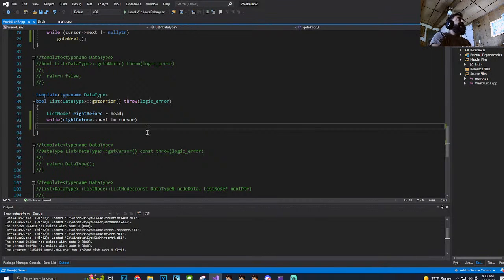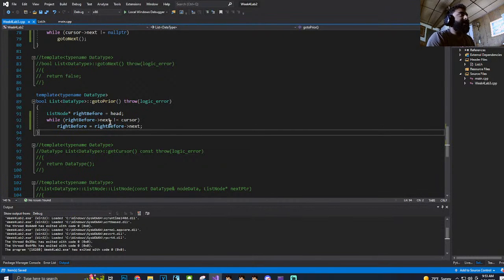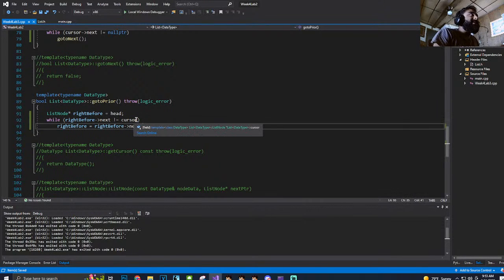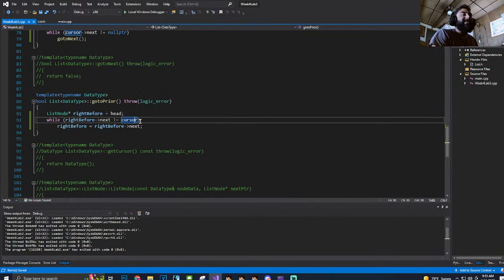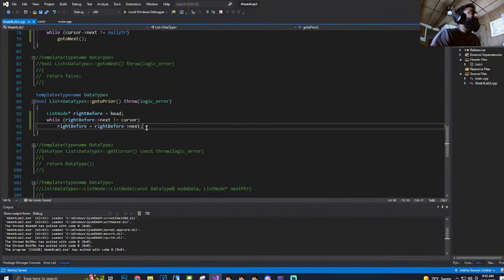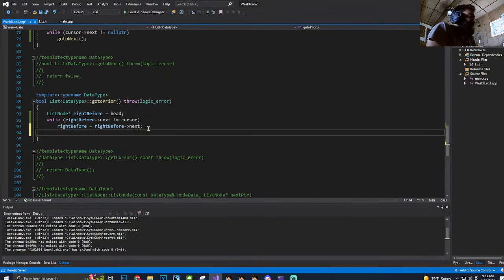So while right before next is not cursor, we need to do right before is equal to right before next. What that does is this node is equal to the node right after it, the data item right after it. And we keep going until right before it matches cursor. Once it does that,